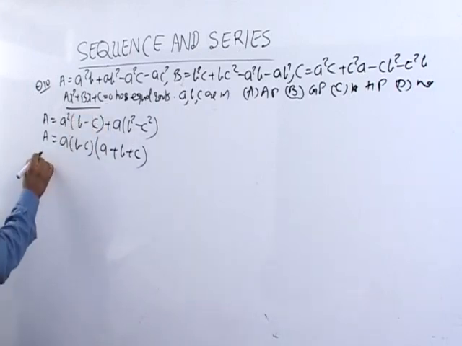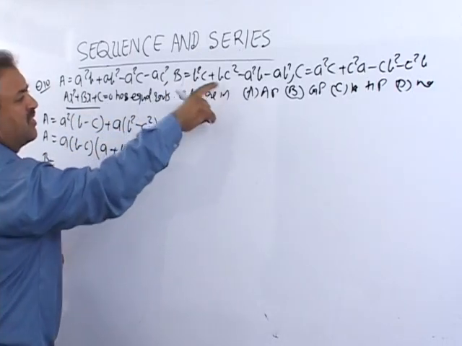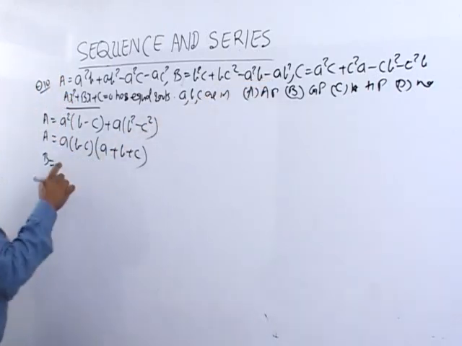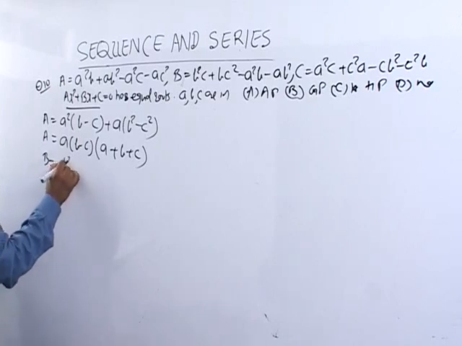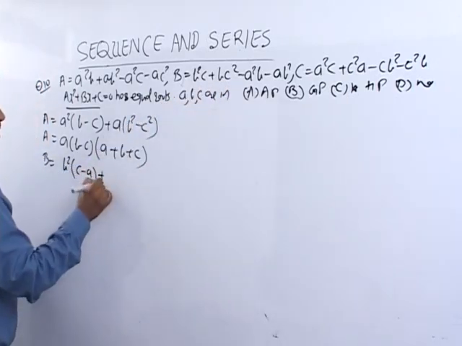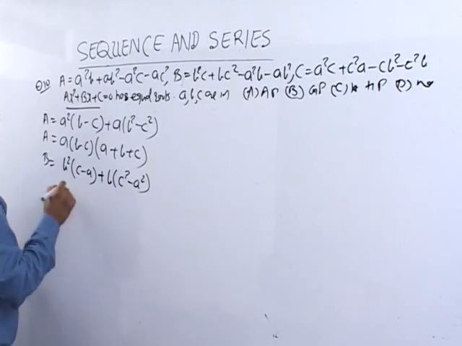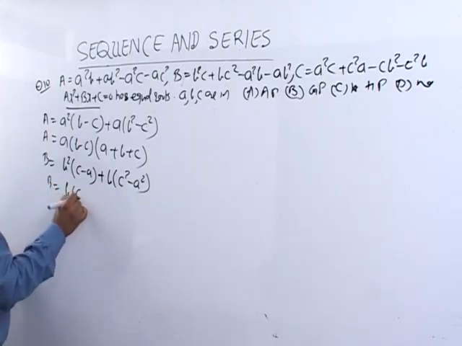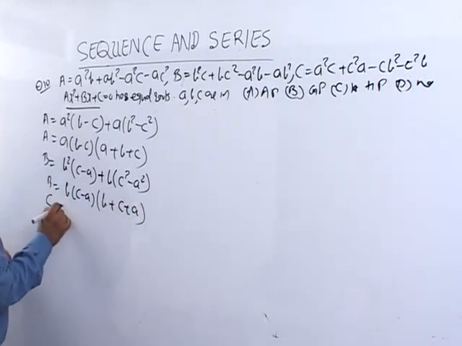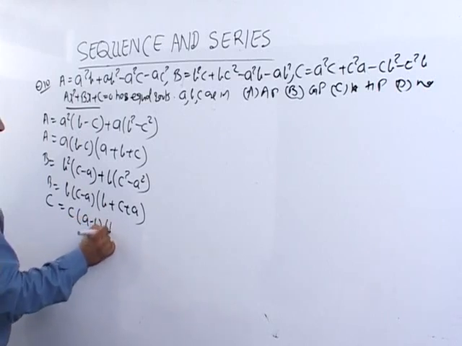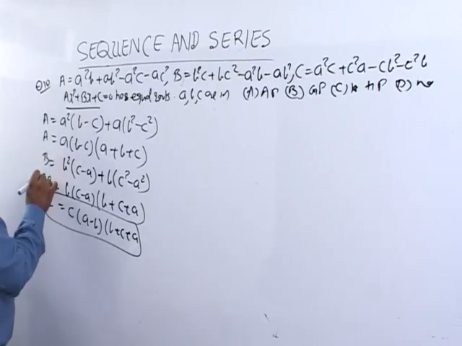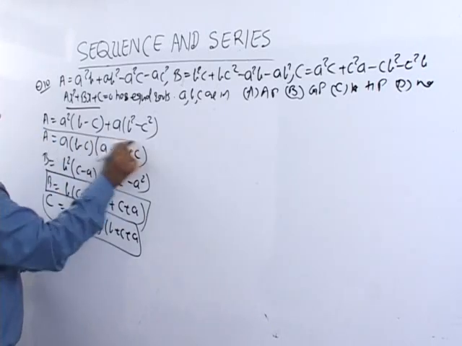Similarly I'll do it in B. What will come in B? I'll just do B square C, and it comes out to be minus AB square, or I can say I take B square common, it is C minus A. From the second and third terms, B common is taken, it is C square minus A square. B will be equal to what? B into C minus A common. I am left with B plus C plus A. Similarly, C I can write down as C into A minus B into B plus C plus A.